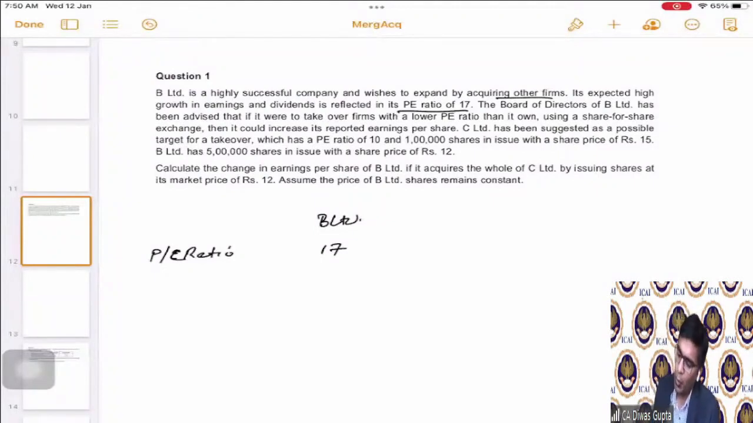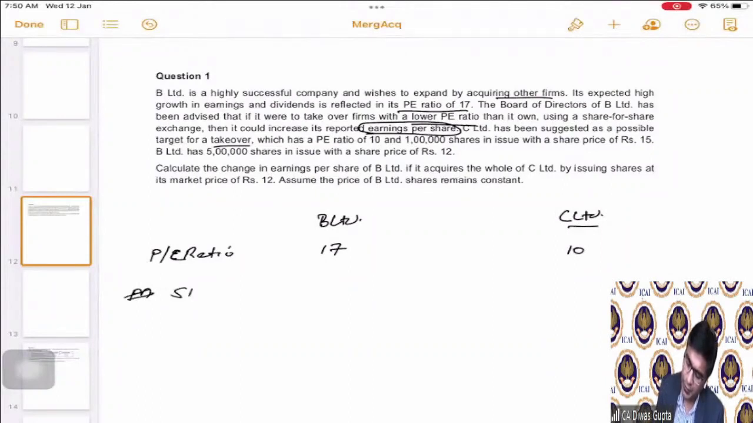Okay. The board of directors of B Limited has been advised that if it were to take over firms with a lower PE ratio than its own, using a share for share exchange, then it could increase its reported earnings per share. Now they are saying that you have to take a lower PE ratio company, acquire a lower PE ratio company, so that you can increase your EPS. C Limited has been suggested as a possible target for a takeover, which has a PE ratio of 10 and